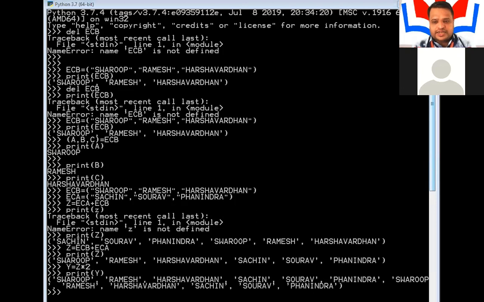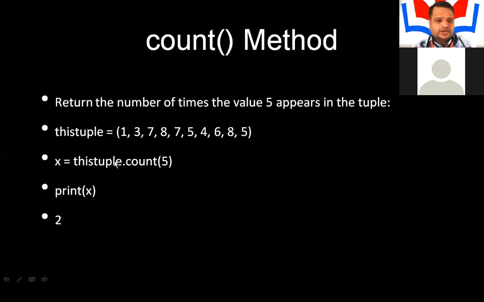You should first understand how this count method is used. We specify the tuple name, then dot count, and in brackets we specify the element value.